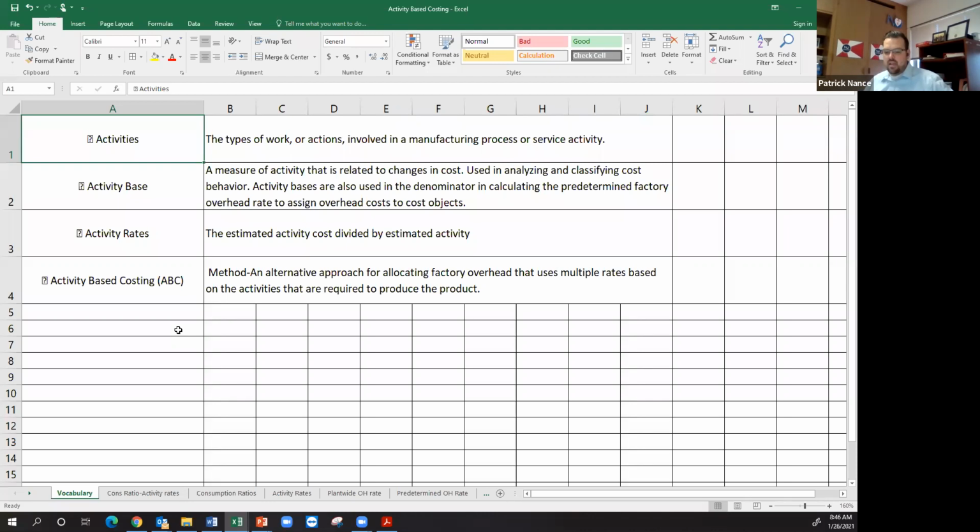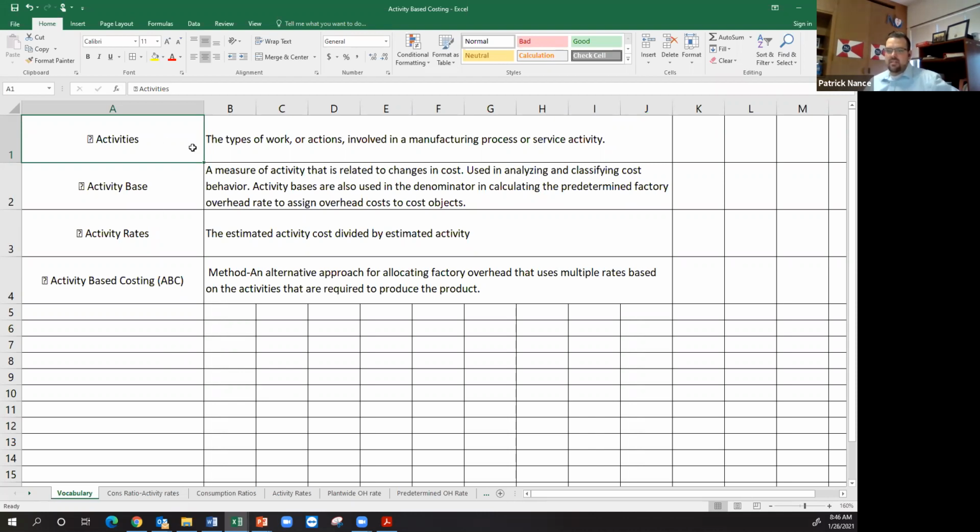So rather than taking one big, large amount of overhead and taking a single activity base to allocate that overhead, we can break down our processes that are included in the overall cost of overhead, break them down individually and more accurately allocate those costs based on activity consumption, how much each product or each area or whatever our activity driver is, how much it actually takes up of each individual overhead